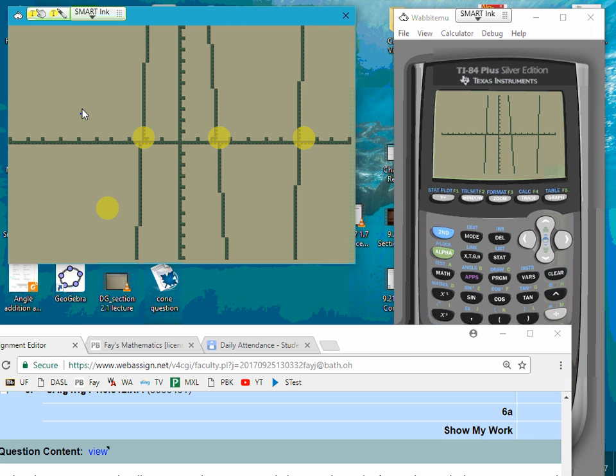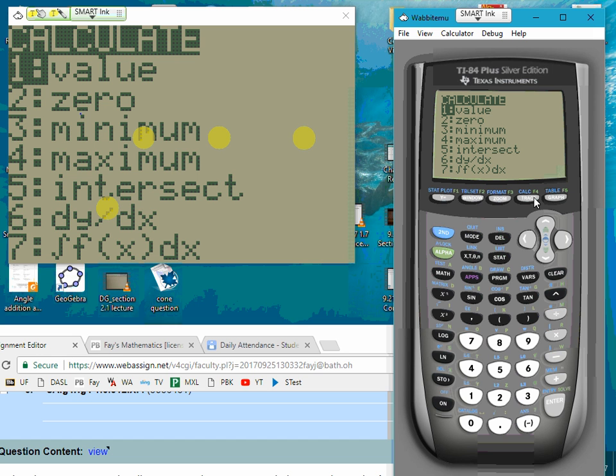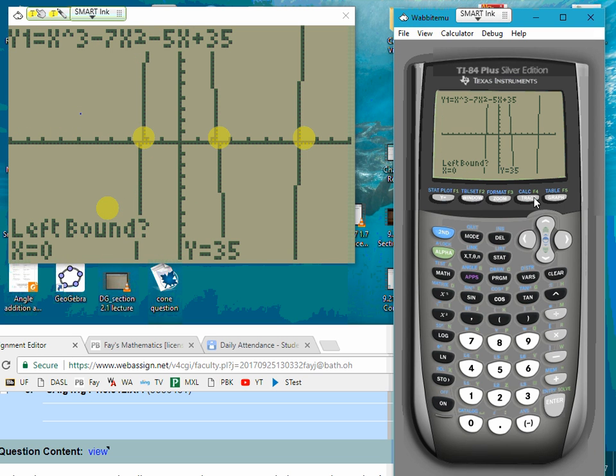We're going to go straight to the second and calc key, okay, which is actually the trace key, but it takes you to the blue stuff. You all know that when I hit the second key, it starts using the functions that are written blue and above it, right? Okay. Now I'm going to go down to, last week we did intersect, but now because I'm looking at the x-axis, where we cross the x-axis, I'm looking for what option up there? 0, okay? Zeros, roots, x-intercepts, they're all synonyms. So I'll hit 2, okay? Now, what it's going to ask me,